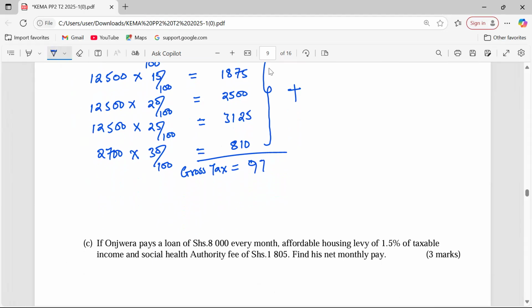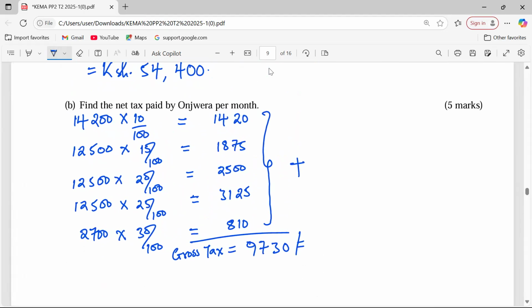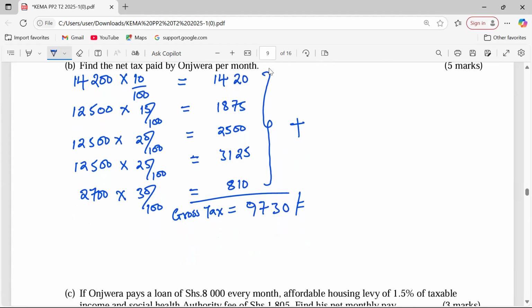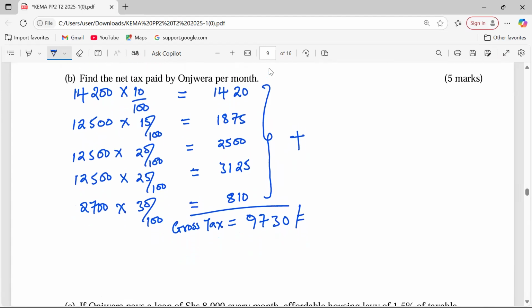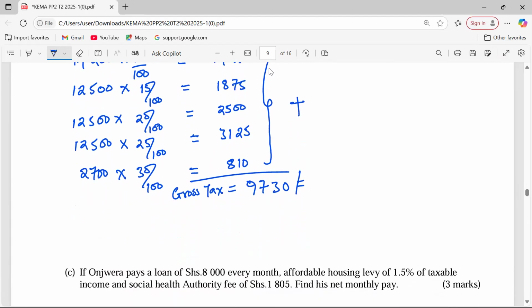97.30 Kenya shillings. Then after this, we go back to the question. We need the net tax, not the gross tax. So for us to get the net tax, we have to subtract all the reliefs. Minus reliefs. So net tax,